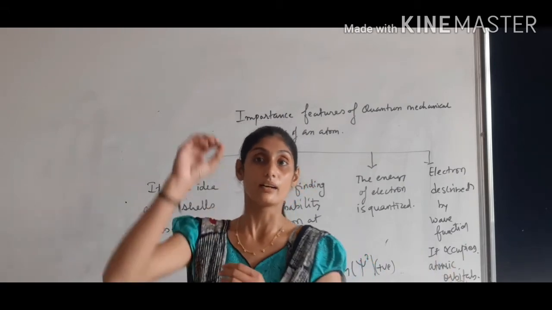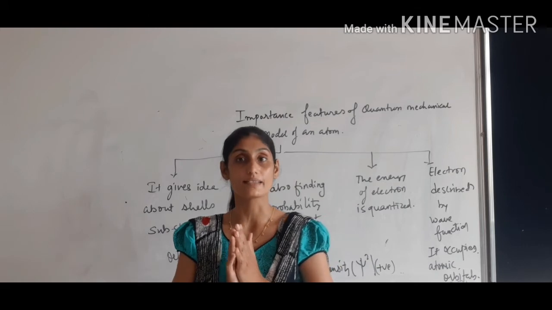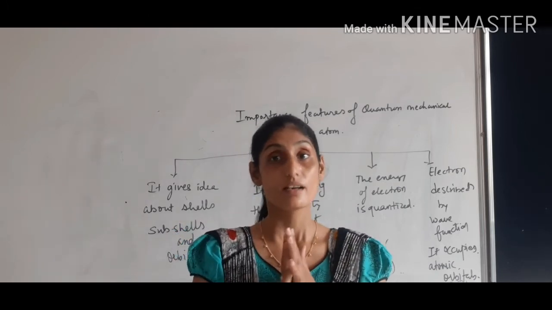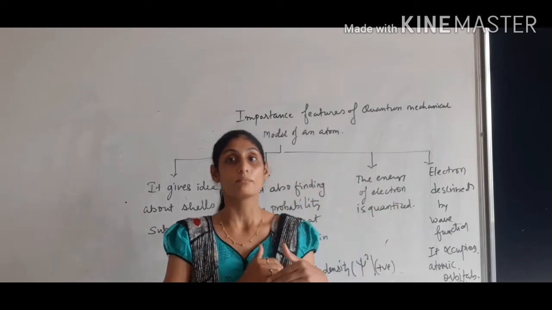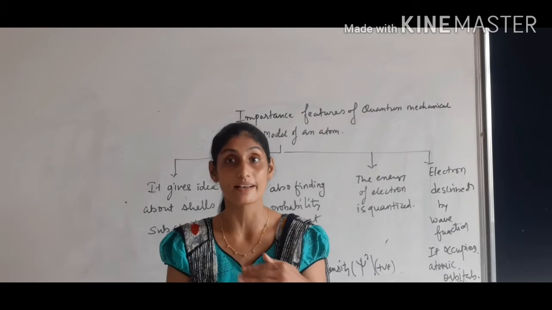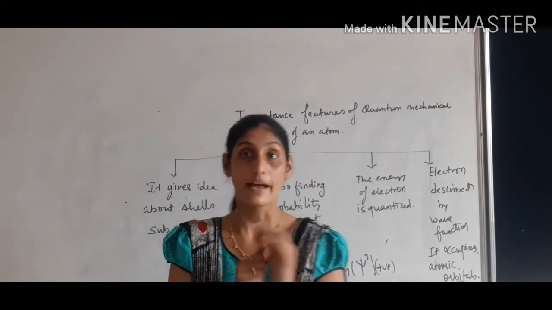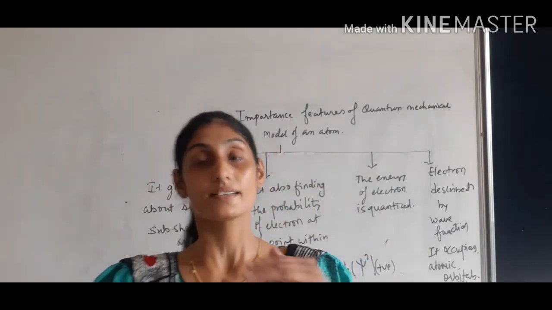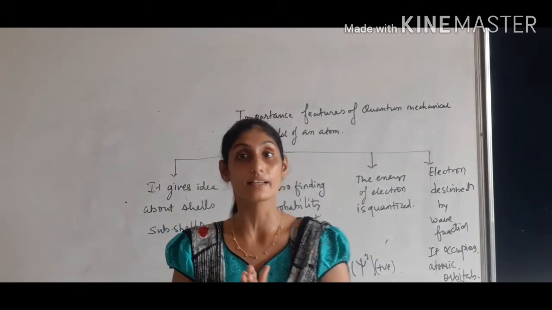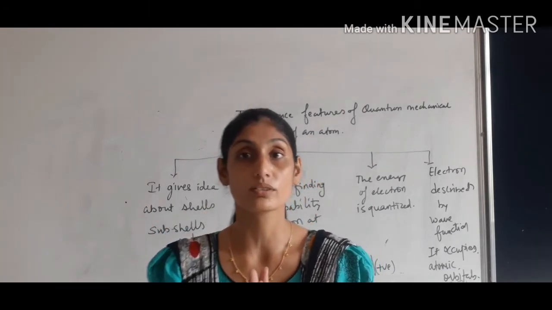क्वांटम नंबर ने हमें सबसे पहले इंफॉर्मेशन दिया कि वो साइज के बारे में बता रहा है. सेकेंड क्वांटम नंबर ने बताया कि it gives us idea about the shapes, subshells. और थर्ड क्वांटम नंबर ml ने हमने बताया कि it also says about the orientation of the electron in the orbital in the x-axis, y-axis and z-axis. And lastly, whenever there is filling of the orbital, electrons are there either in the up spin or in the down spin. So that is about the electrons.